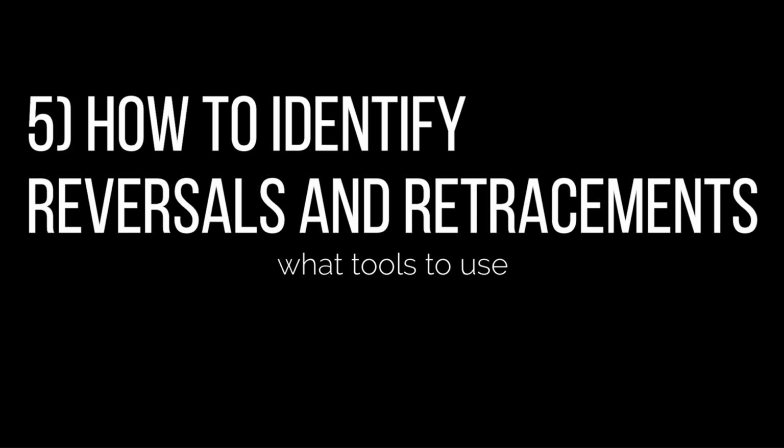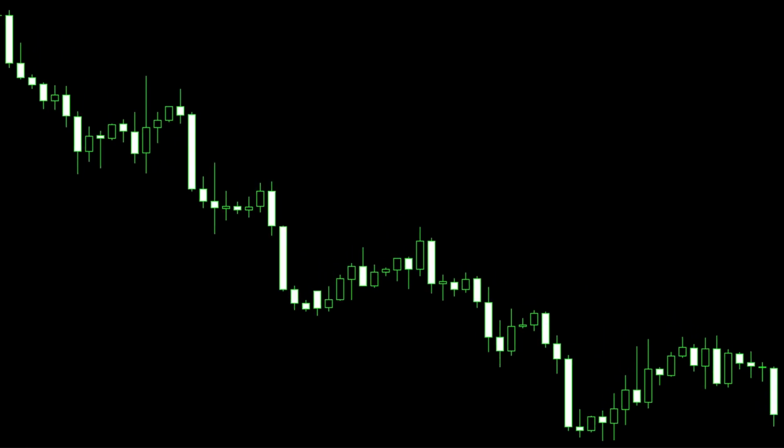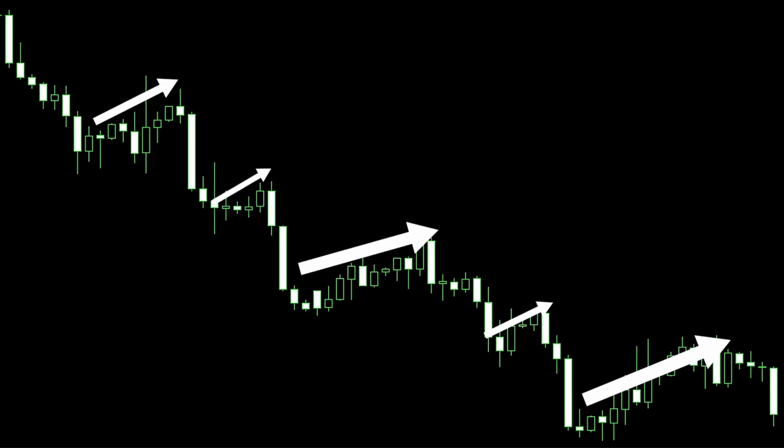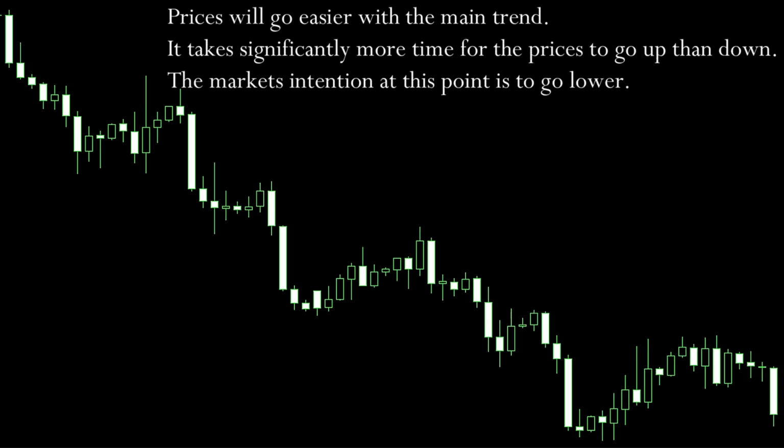There are some tools you can use to identify a retracement. There are some key differences in distinguishing a temporary price change retracement from a long-term trend reversal. Retracements usually occur after huge directional price movements, but can occur at any time. When the market shoots up at an abnormal rate, a retracement most likely will follow. If this strong movement is with the main trend, it might be a signal to enter the markets.